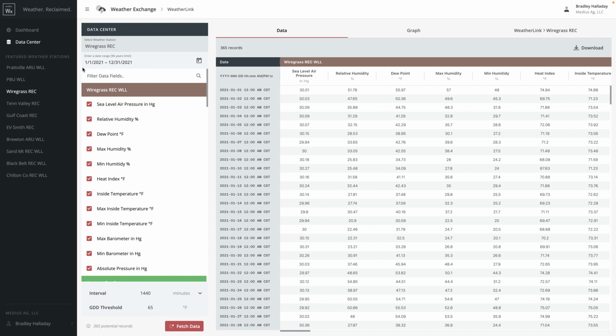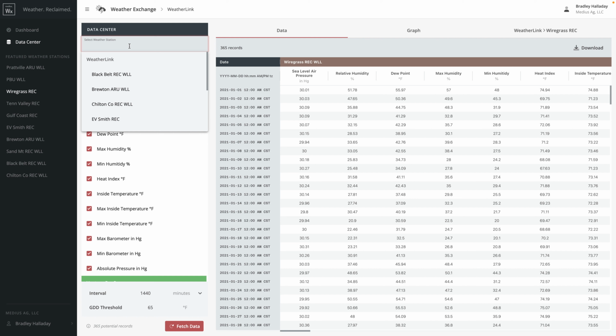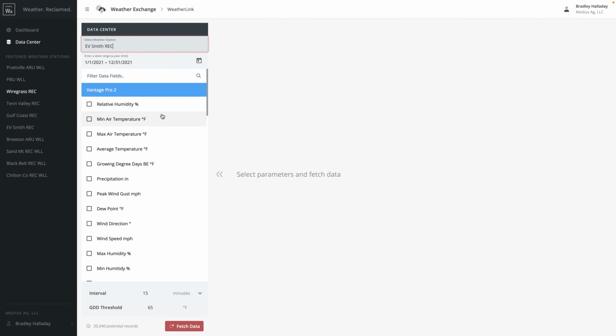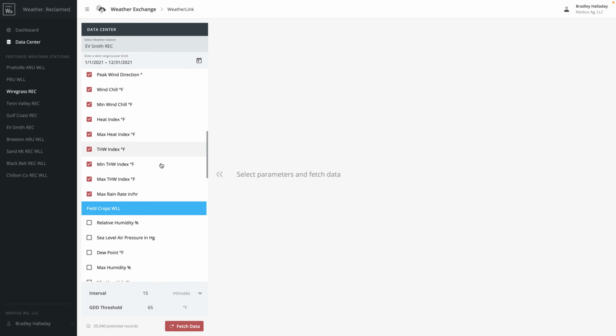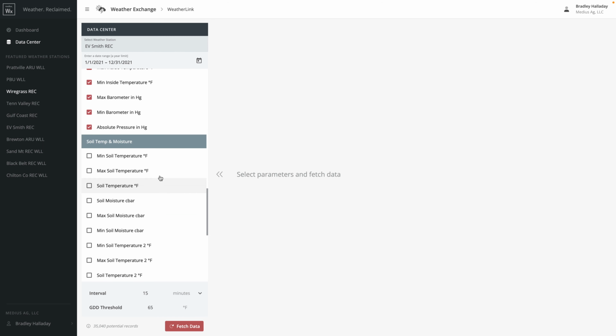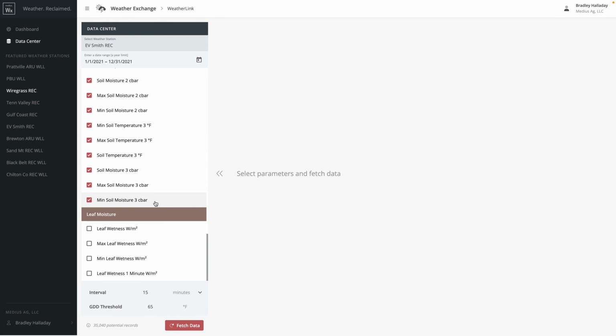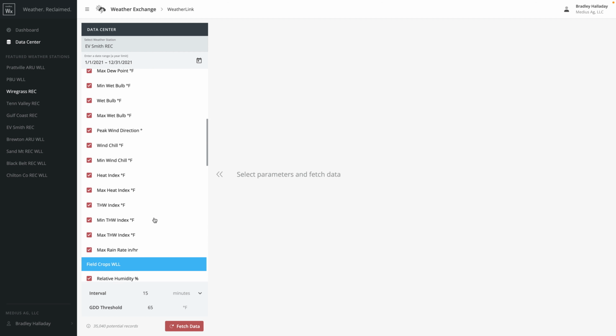Let's say I wanted to quickly jump to another station. I could pick any station within my presets over here in the sidebar, or if you come up to select weather station, you can search for a station that you might be interested in. So I could now go look at EV Smith, and you'll notice that it built a new list of data fields for me, and I can come in here and select those as the sensors are different for each